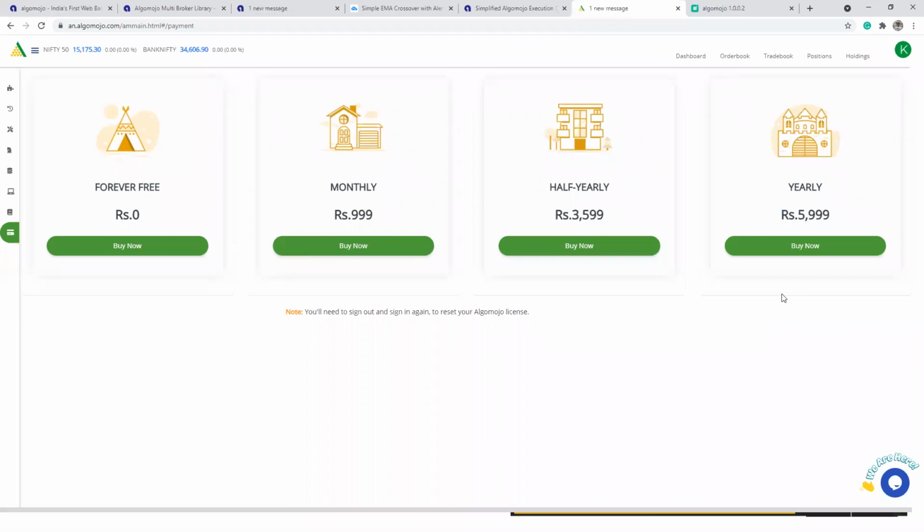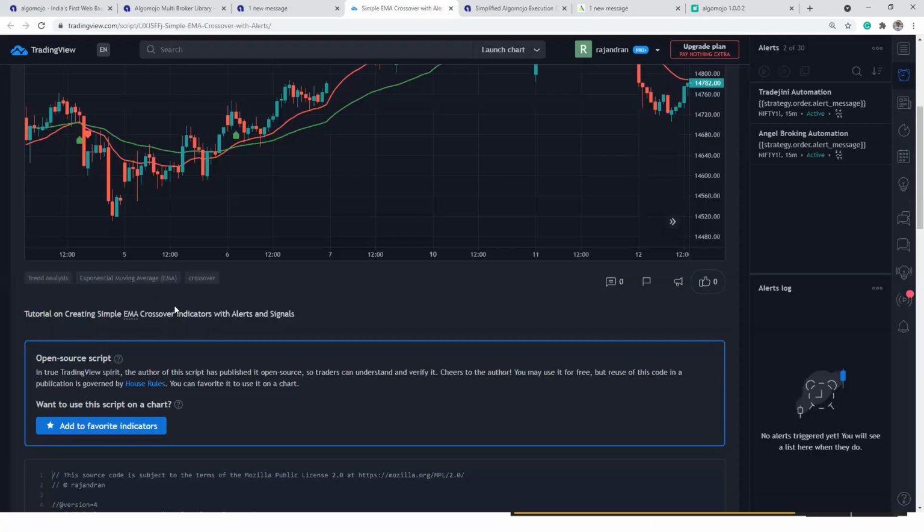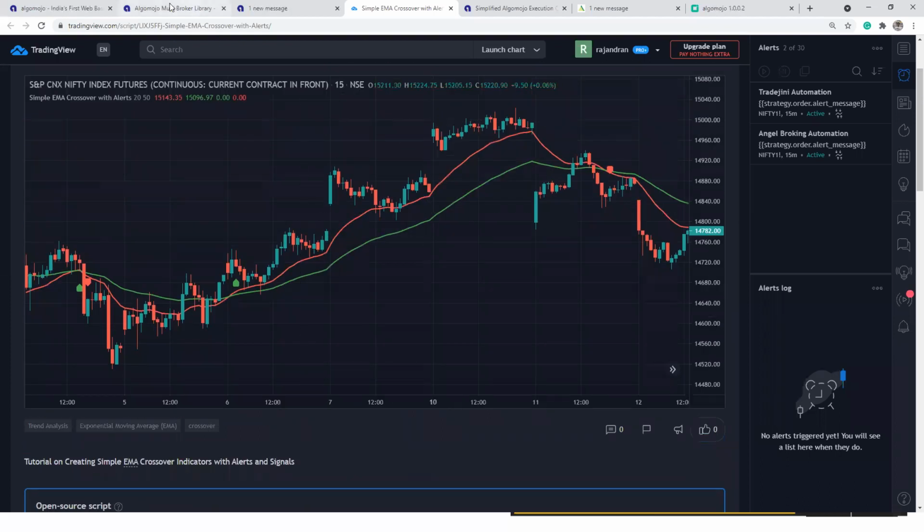Sachin is asking, will there be a continuous check for trailing SL from TradingView? Yes, there will be a continuous check if you are trying to create any trailing stop loss strategies, right? Let's say something like Supertrend, it is naturally a trading strategy with trailing stop loss itself. TradingView will continuously observe those things. All you have to do is learn Pine script.